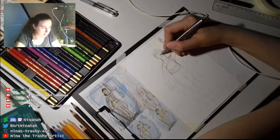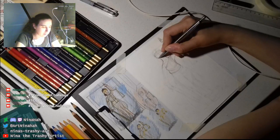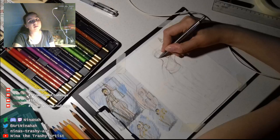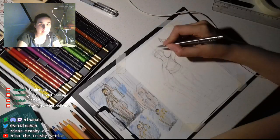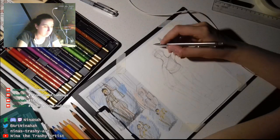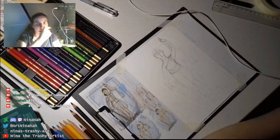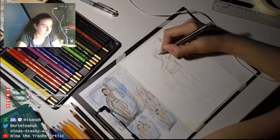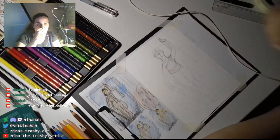So I see that the face, as I drew it, is not exactly on the center line of the picture, but that's okay. Her head can be a little bit tilted. So the tip of the nose would be like an upward U or V shape, depending on the shape of the nose you want to choose, and it would be much